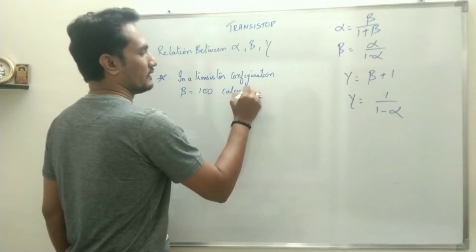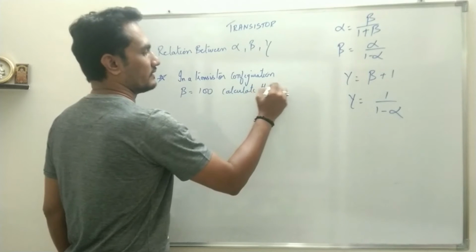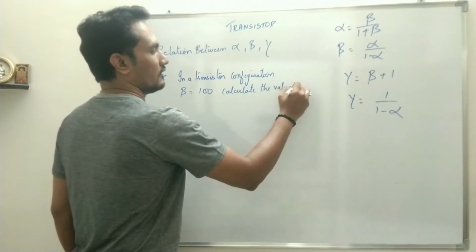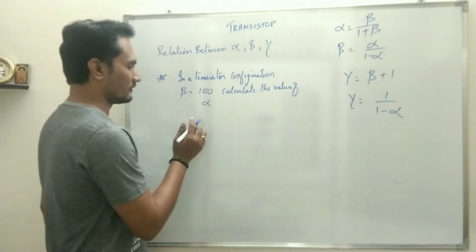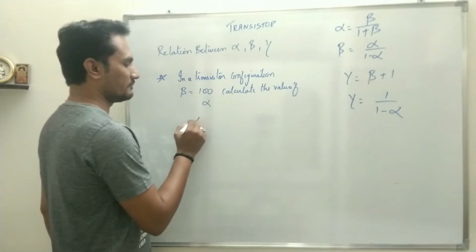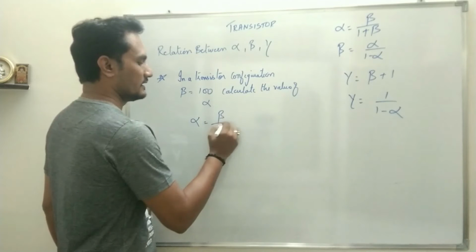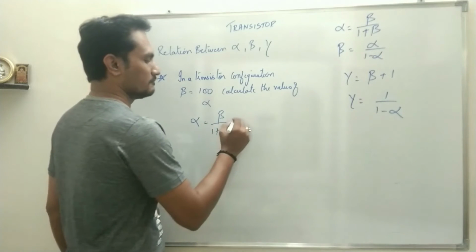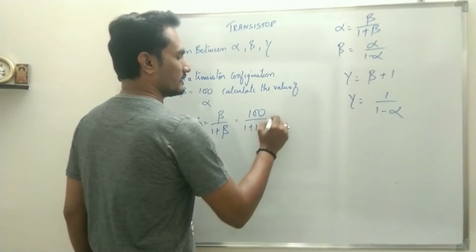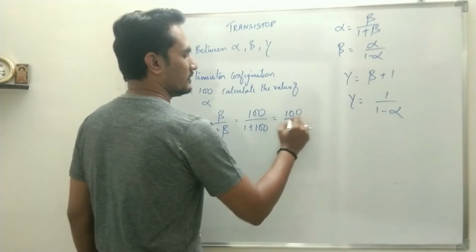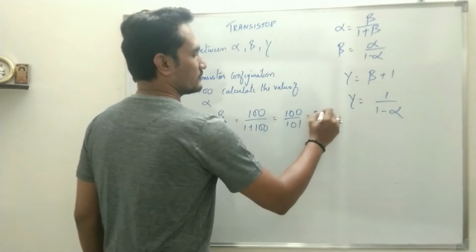Calculate the value of alpha. So what is the relationship between alpha and beta? Alpha is beta upon 1 plus beta. So it will be 100 upon 1 plus 100, that is 100 upon 101, which comes out to be